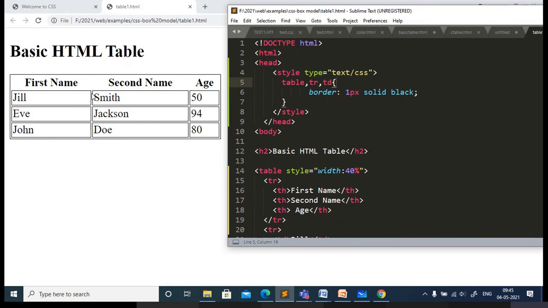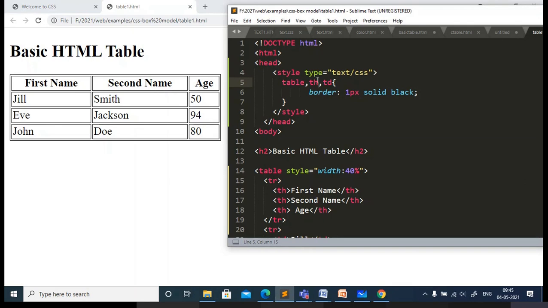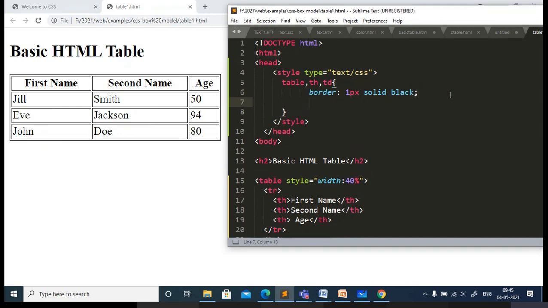Here I'm not getting any separator for the heading because I have not specified the th part here. Use th, and see the changes. Now it is applying the border for the complete table, for the header and also for the content. So I am applying the border for the header and each cell. Now whatever the space you can observe, it is not like a table format. It looks like separate cells representing some information. If you don't want the borders to look like this, you can go for border collapse.